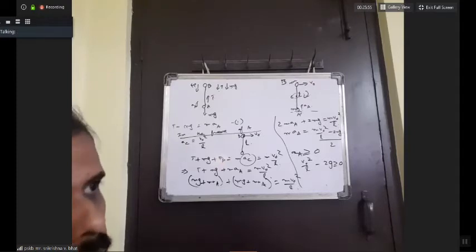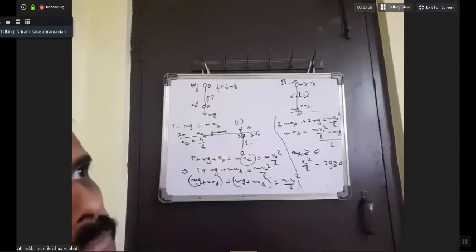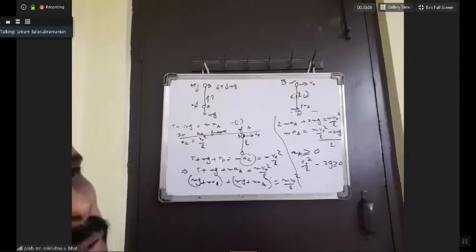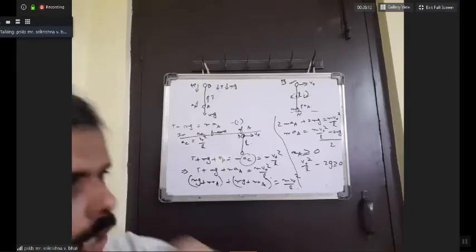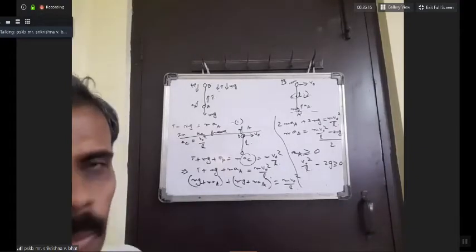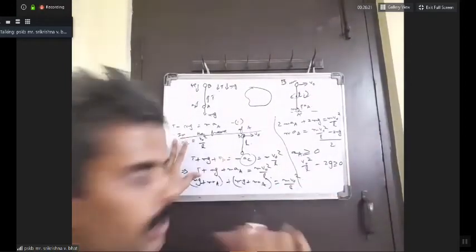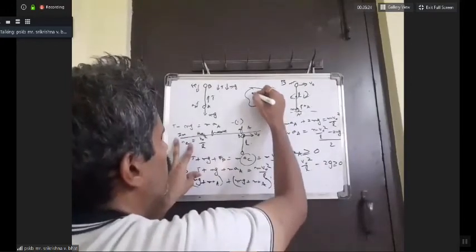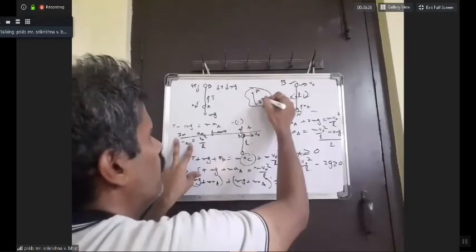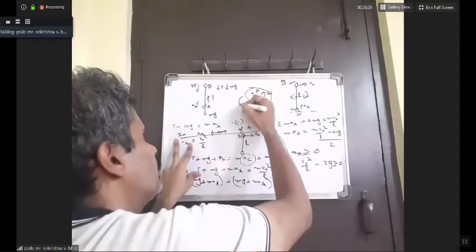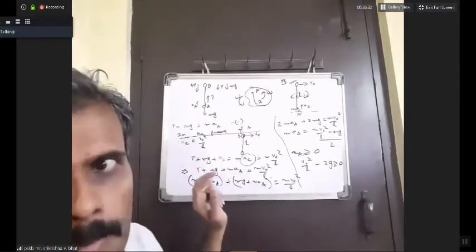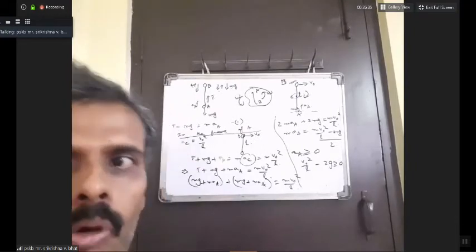Sir, in the first place, when you were solving without taking the reference frame of A, you wrote omega equal to V0 by L, sir. So for that rotation, what do we consider as the center of rotation, sir? No, see, in rotation mechanics, once earlier also I told you that whenever you have any body which is undergoing rotation, translation, or combined rotation and translation, however it may be, if I take any 2 points on that body, angular velocity of B with respect to A, if it is omega, then angular velocity of A with respect to B also will be omega. Or angular velocity of A with respect to any other point also will be omega.